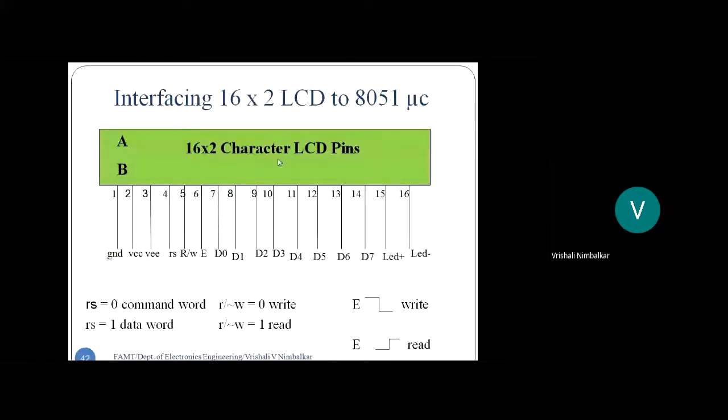So the microcontroller is going to send a command word or data word, and it will either be writing to the LCD or reading from the LCD. To activate the write and read operations, it will also send a falling edge for the write operation and a rising edge for the read operation. All these three work together. With the help of these three signals, the data placed will be taken by the LCD, and accordingly it will initialize itself and display the character that you want. Pin functionality of the LCD understood.